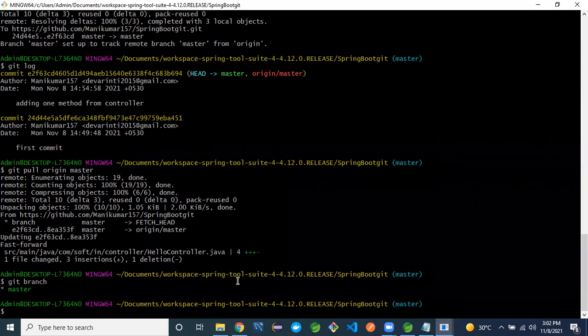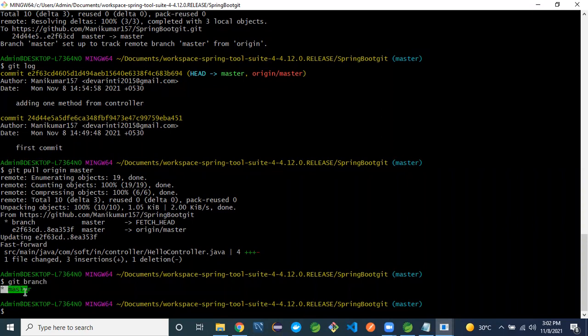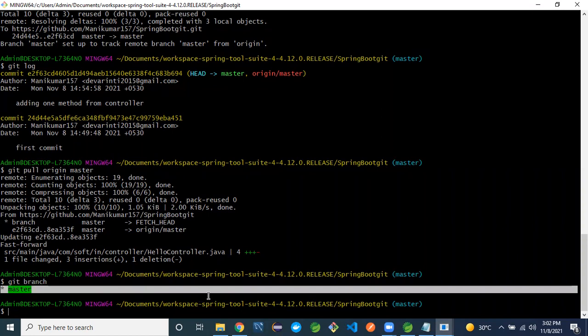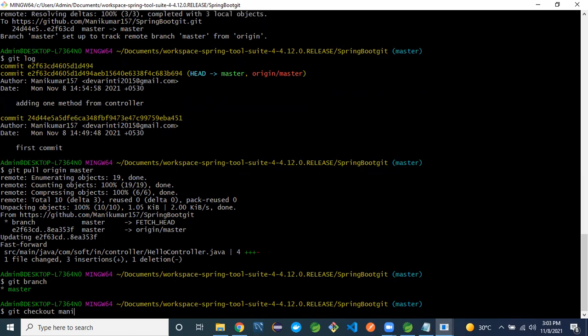See, currently we are on the master branch. See the star mark in green color. Create one branch here: git checkout, money. Enter.